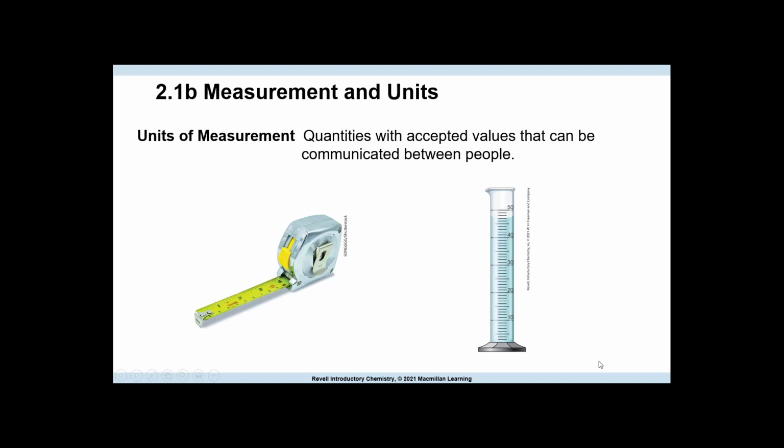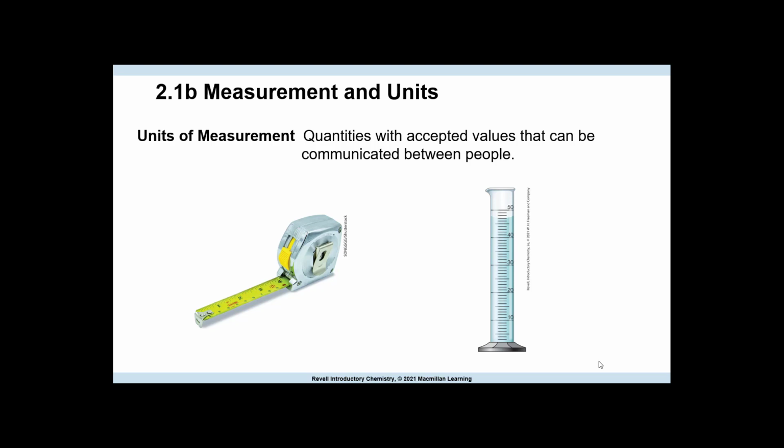Class, we are now on 2.1b. This is units of measurements. Now, science does not exist at all without measurements and units. This is how all the science that we know, how we research, everything that we do has values and measurements